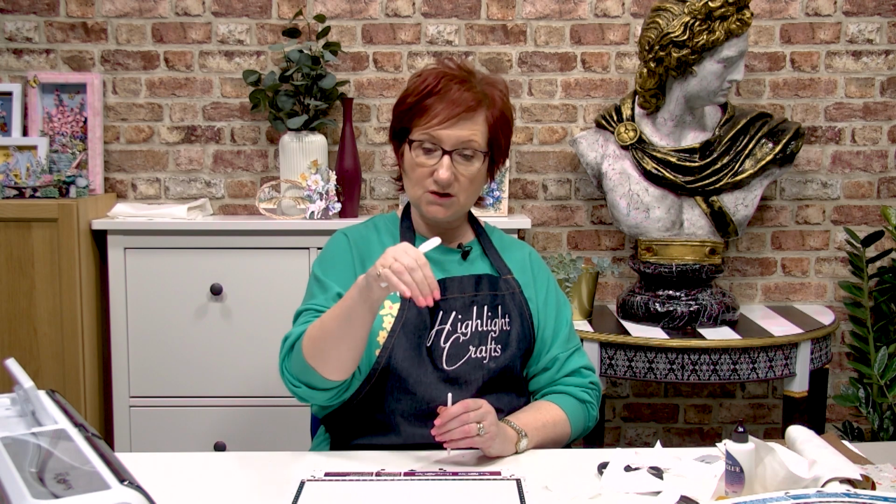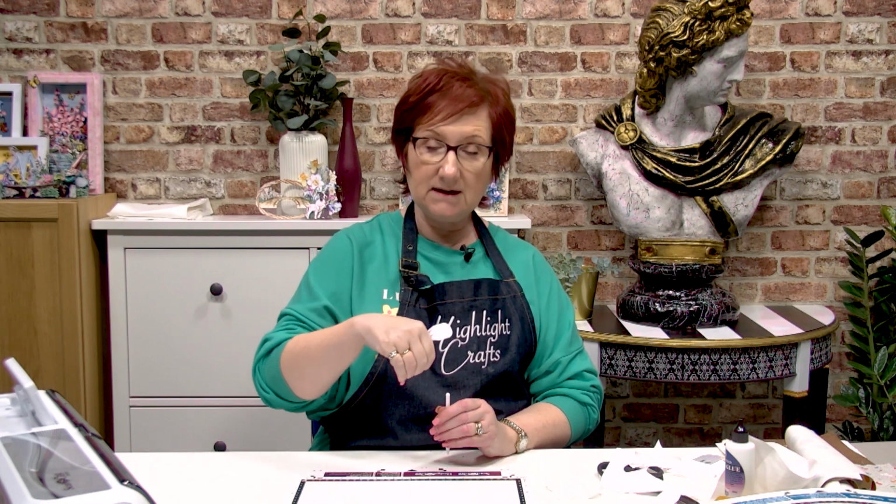And I would up your blade slightly, because you need to still make sure that the blade cuts from underneath that fabric. So probably your blade on 5 and your pressure on 1 will cut a thin poplin cotton that isn't stabilised. And the best way that I can describe the pressure and the blade depth is, if this is